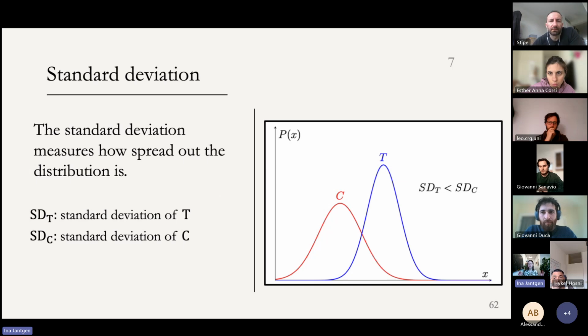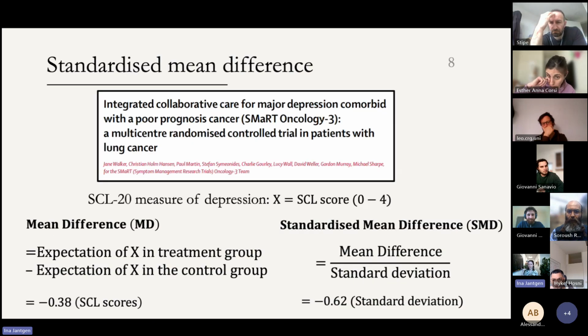So if you contrast the control group distribution here with the treatment group distribution, you'll see that the control group distribution is more spread out around the peak, the mean, than the treatment group distribution. And that signifies that the control group distribution has a higher standard deviation than the treatment group distribution. So the standardized mean difference is defined as the mean difference divided by the standard deviation in the population of interest. Typically, that's estimated with the control group standard deviation. So in this particular study, the standardized mean difference was, for instance, minus 0.62. Now, of course, there is a question now of what this number means, how to interpret the standardized mean difference. And I will return to that in just a moment.